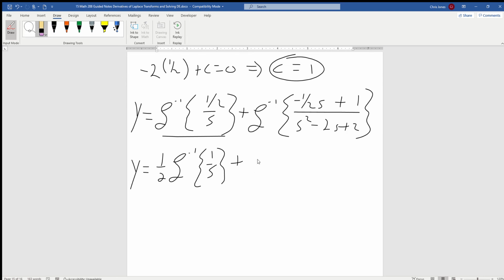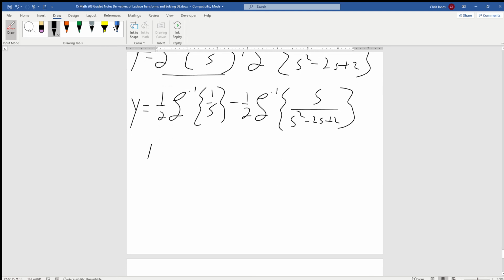Make this a little bit easier. So we're going to have minus 1/2 inverse Laplace of s over s squared minus 2s plus 2, and then finally plus a single inverse Laplace of 1 over s squared minus 2s plus 2. Alright, now,